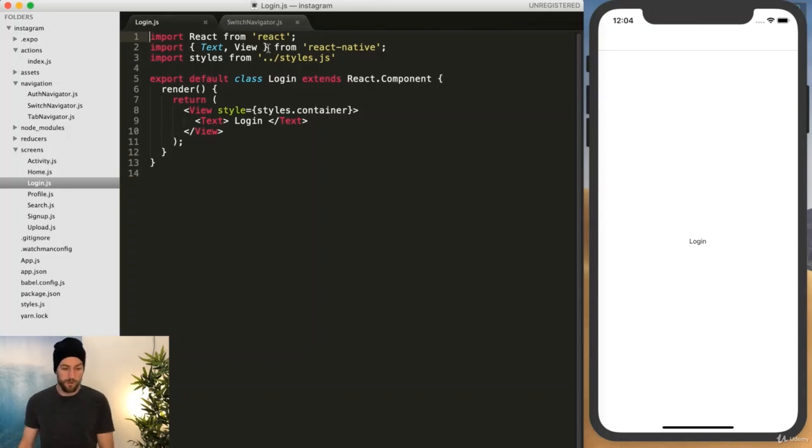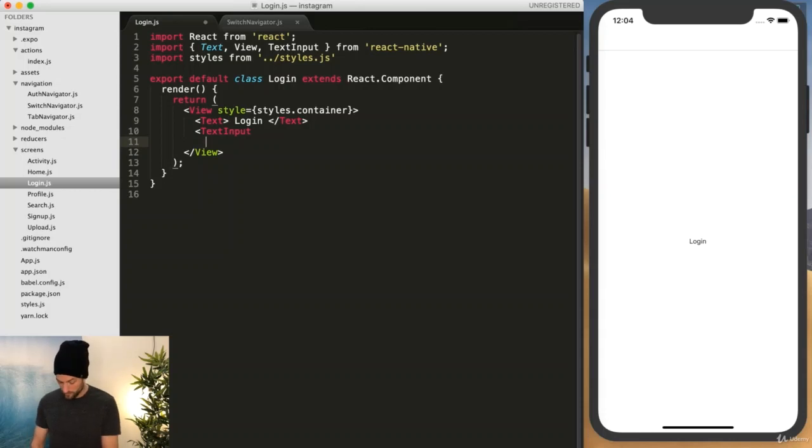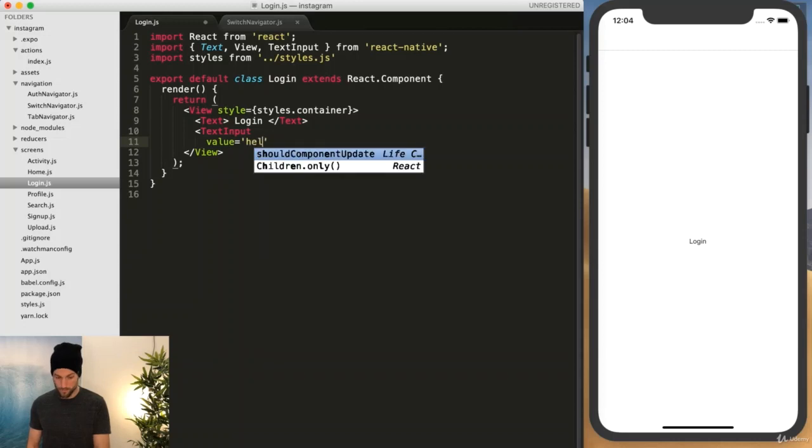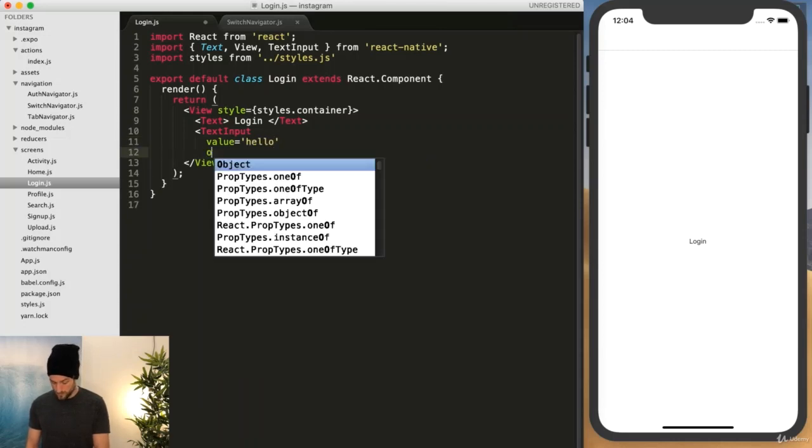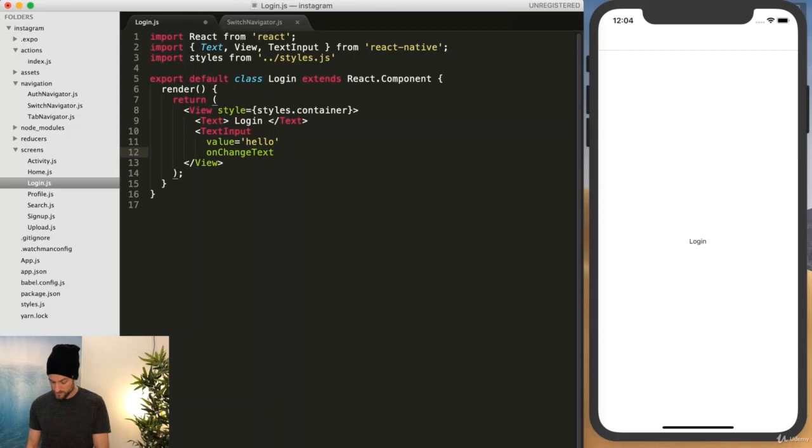component, and then we're going to import a new React Native component called TextInput, which is basically just like input in HTML. And this TextInput takes in a couple of fields of value. We could just type in hello. onChangeText is basically what do you want to happen when a user types in this field on a keystroke. So we could just do right now